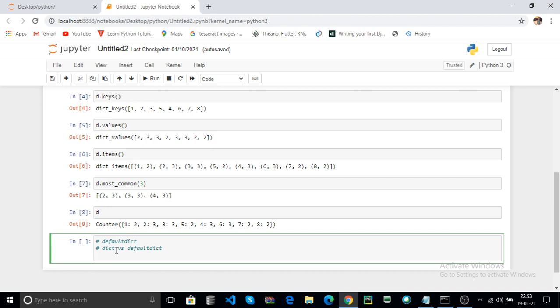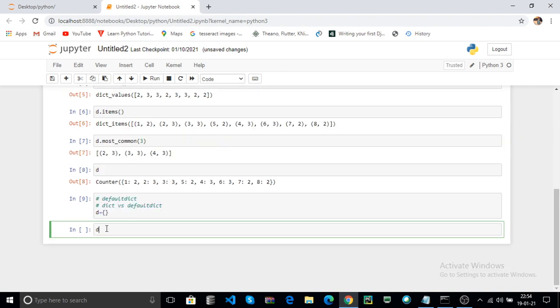when the key is not in your dictionary. Here in the defaultdict, default values are assigned if the key is not set. That means, I'll give an example. For example, I create a normal dictionary. I create a dictionary. Click on run. Here the dictionary is empty.